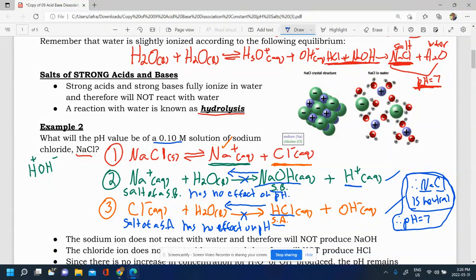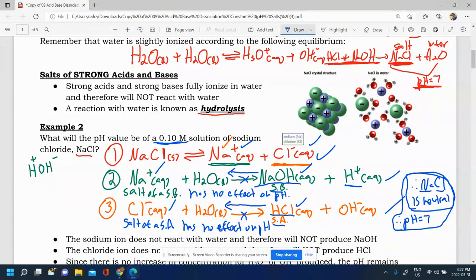So in a situation like this, where I ask you for the concentration of a salt, you first need to write the dissociation of that salt to see what the ions are. And then you need to test each ion in hydrolysis. If both ions are from strong bases and strong acids, then the ions will not have an effect on pH. The pH will remain at 7, regardless of what this concentration is. However, that doesn't always happen. Sometimes you will have a case where part of a salt does not come from a strong base, does not come from a strong acid. It comes from a weak base or a weak acid, and there our pH will be different,